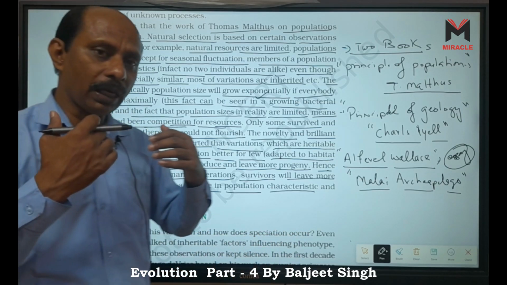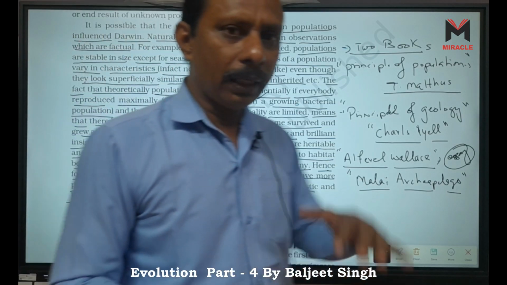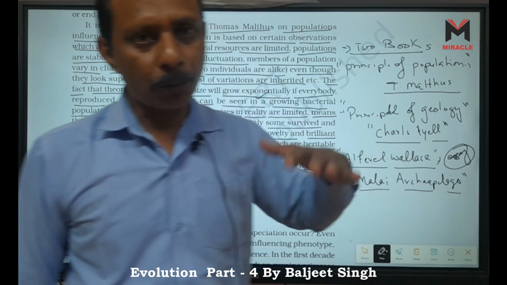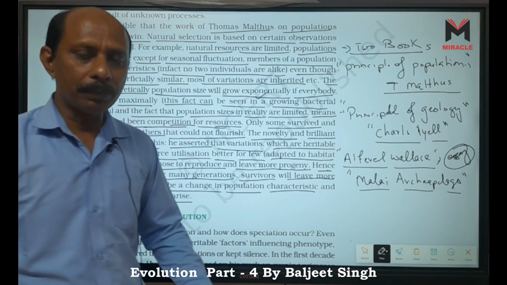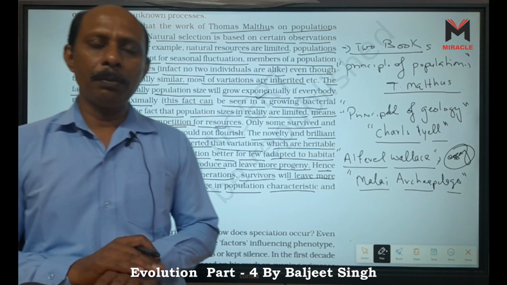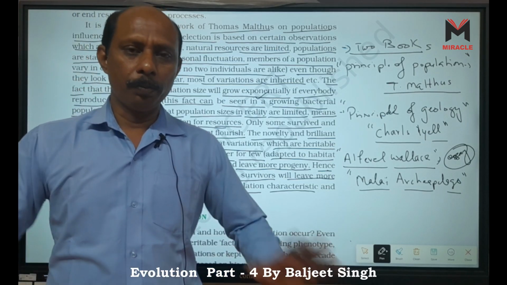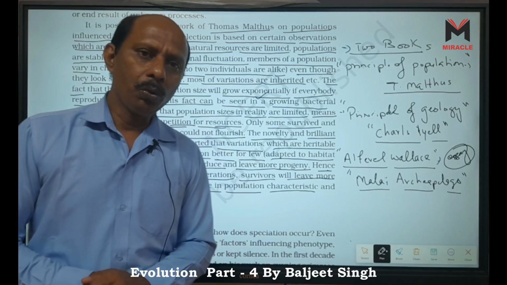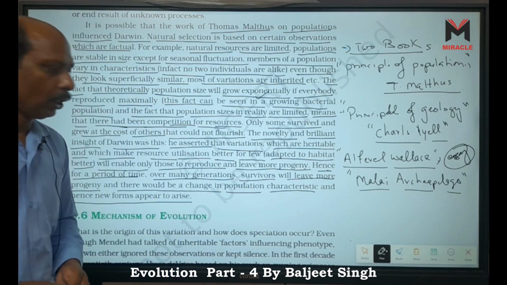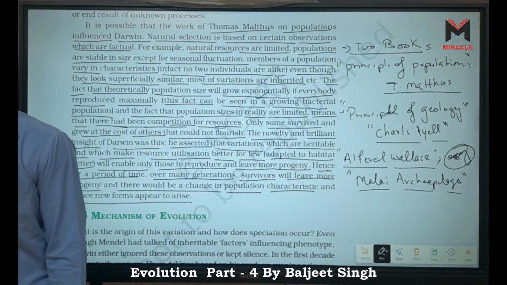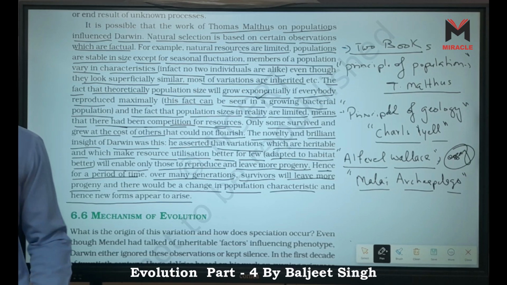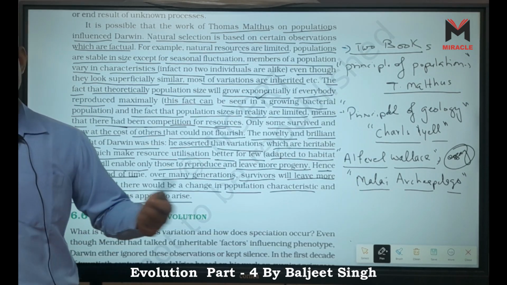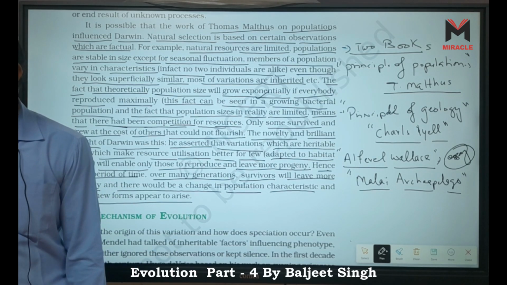If they inherit exponentially, they grow in exponential form. Then what happens after some time? All the oceans would be full of union, but that does not happen. Why? Due to the limited resources. So first thing is overproduction, or we can say multiplication or reproduction.